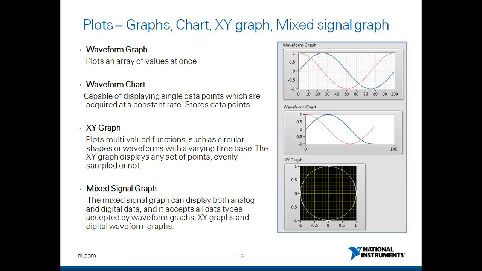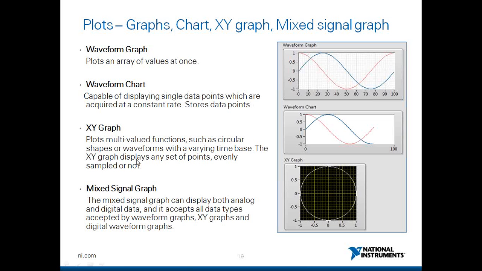So waveform graph is one that accepts or plots only array values at once, and it assumes them to be evenly sampled, and it always starts by default at 0 and the sample spacing is 1. A chart, on the other hand, can display single data points at a constant rate, so you can actually see them incrementing one at a time. And a chart also has an additional function of storing data points. You can always see the history of data points, and you can add any number of points to this history